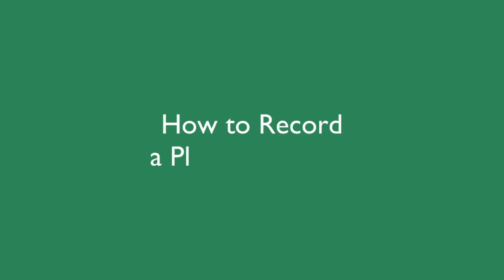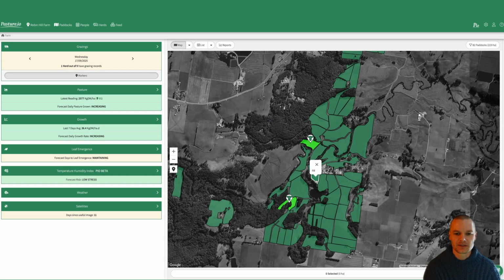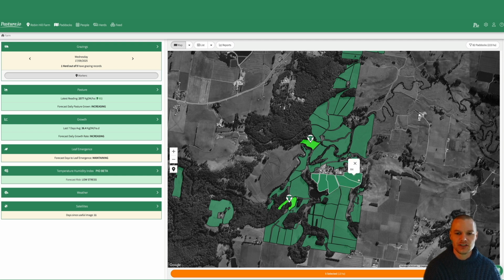How to record a planting activity. First, you want to select the paddocks that you want to plant out. Holding down the shift key, you can select multiple paddocks. If you accidentally select a paddock that you don't want to plant out, just deselect that paddock while still holding